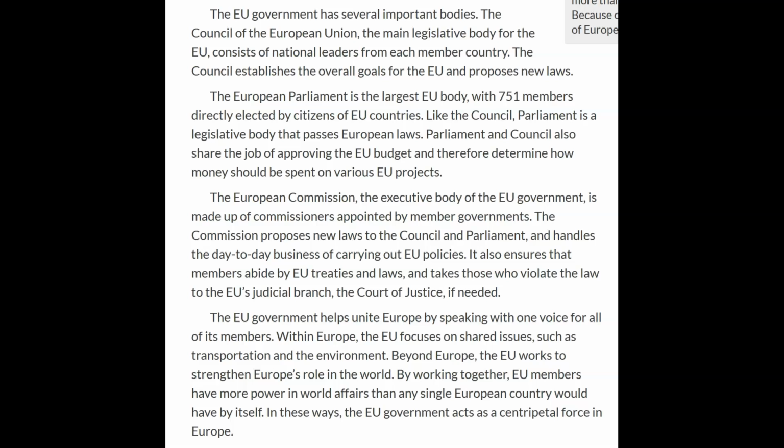The EU government has several important bodies. The Council of the European Union, the main legislative body for the European Union, consists of national leaders from each member country. The Council establishes the overall goals for the EU and proposes new laws. The European Parliament is the largest EU body with 751 members directly elected by citizens of EU countries. Like the Council, Parliament is a legislative body that passes European laws. Parliament and Council also share the job of approving the EU budget and therefore determine how money should be spent